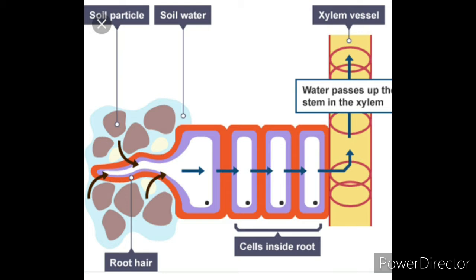Root pressure is not the main cause of the movement of water in the xylem, but it is certainly one of the factors. The other factors are also there, right? One of the factors is that so much water is absorbed due to osmosis, and the water enters, and a large amount of water moves upward through a pressure called root pressure.